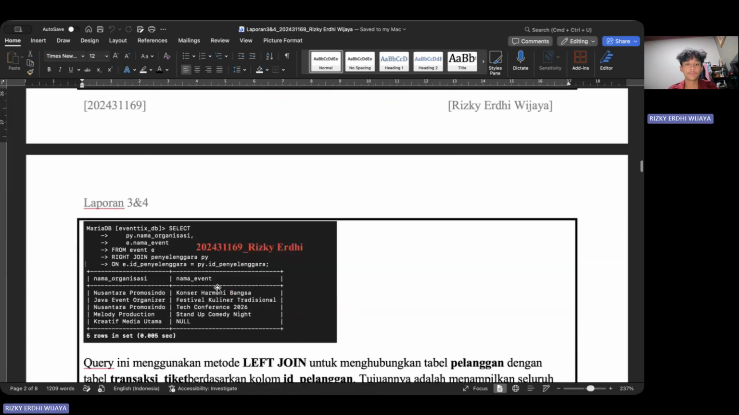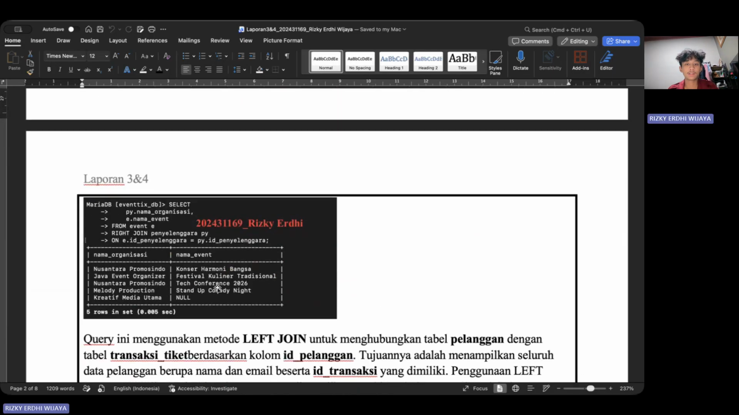And number three, the task uses a right join between the event table and the penyelenggara table. In this query, the organizer table becomes the main table. Therefore, every organizer will always appear in the result, even if they do not currently manage any event. This query is useful for checking all organizers registered in the